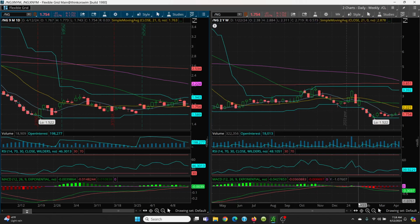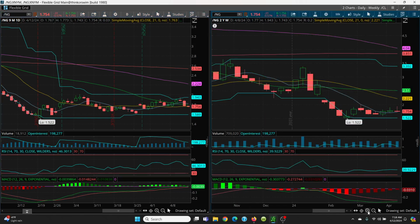Now, on a weekly, this is very key. Okay. You have 1.73. Right now, natural gas is sitting at 1.754. You really want to hold this 1.73 here by the close of today's market. Okay, that'd be very, very key. Now, candle-wise, you have higher highs and higher lows. I'm not crazy about this red candle. It'd be nice if this thing can go all green, but we've got to see how it all shakes out